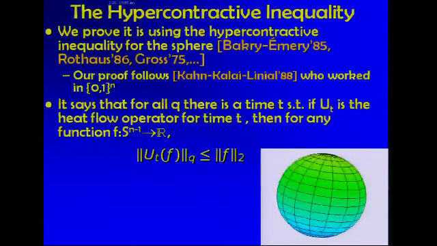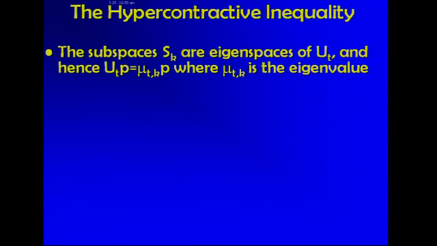But one thing you can see in this linear function demonstration is that the linear function is an eigenfunction of the heat operator. I take a linear function, I don't know if you can see from the picture, it stays a linear function, it just cools down. And indeed, this is something we'll use: the subspaces S_k are eigenspaces also, not just of the Radon transform, but also of the heat flow. And that's for the same reason, because the heat flow commutes with SO(n), with rotations. And again, you have to do some calculation. I won't do the whole calculation here. You compute the eigenvalues.